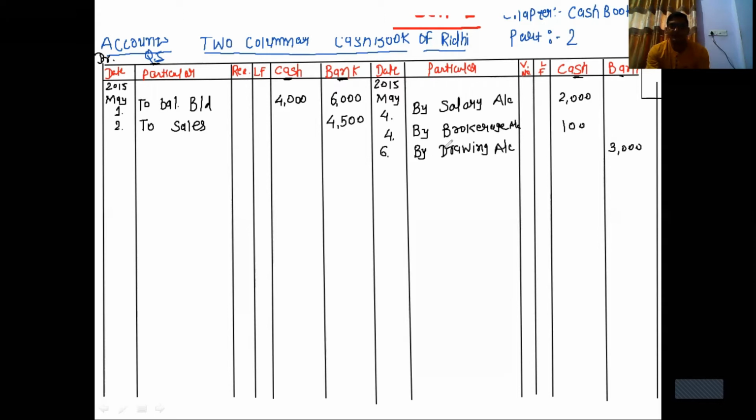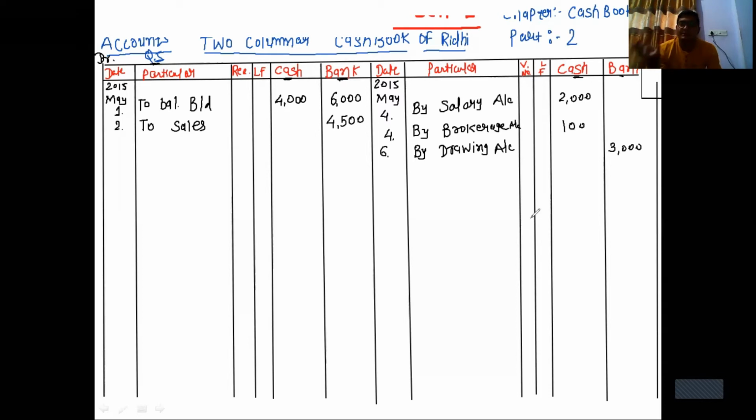We have to write down the drawing account, because this transaction is a personal nature expense, and for a personal nature expense we have to write down the drawing account. Okay, so here it is not a contra transaction. It has no two effects, because this check is issued for personal expense. Personal expense means drawings.